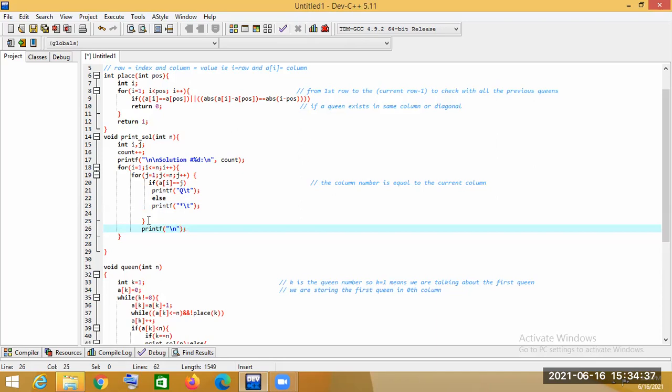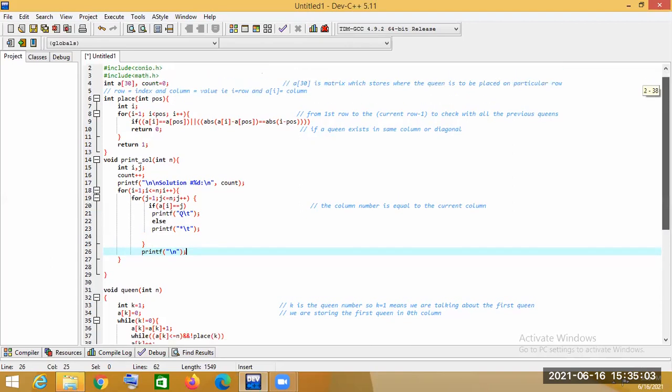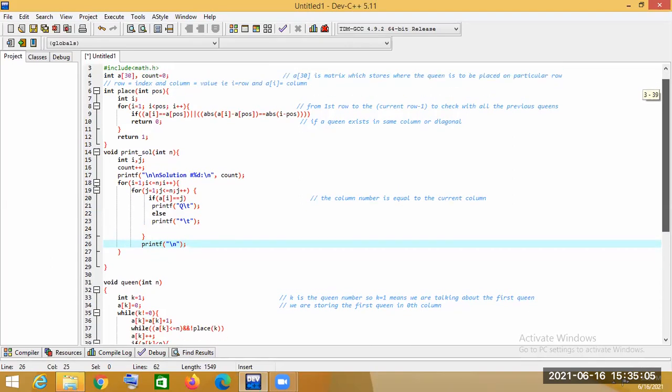So if the column we are checking is equal to the current column, then the queen will be placed. Otherwise there will be a star, which means we cannot place the queen in that position. So that's how this programming has been made. Before executing, let's check it first.